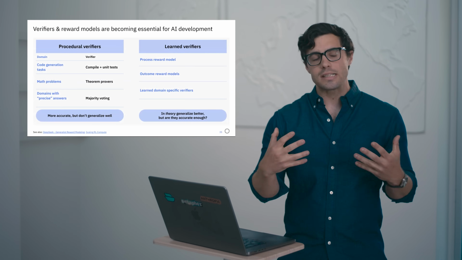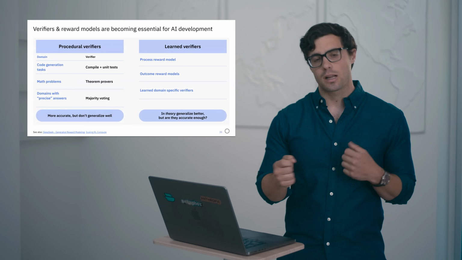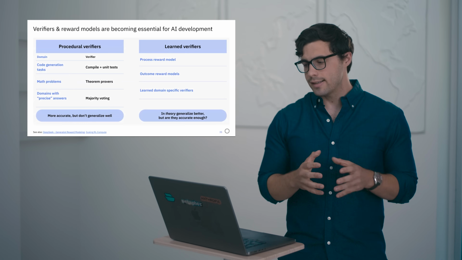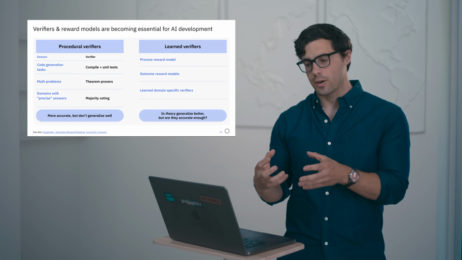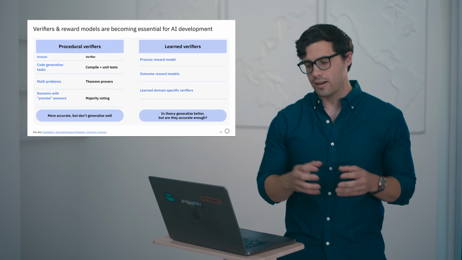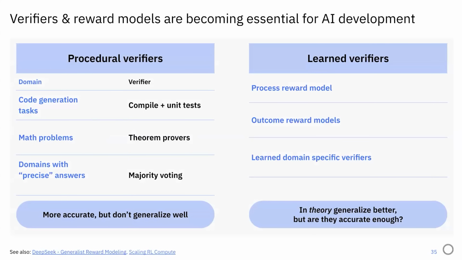And so as you can see, bridging off of this, I've touched in the last couple of examples on this idea of a verifier model or a reward model. This is a specialized type of large language model that is taught to verify things, right? And there's actually two types of verifiers. You can think of procedural verifiers. These actually aren't large pre-trained models, but they're domain-specific ways of verifying a problem. For example, in code, you can compile code. In math, you can use theorem provers that show you whether or not a math proof is